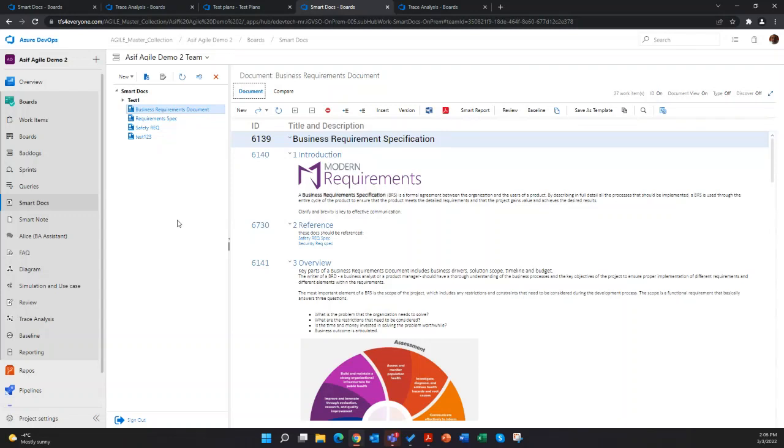Interesting question. Do you have any bug reporting system for Modern Requirements? I want to report a bug or user experience problem. And yes, we are going to be sending out a document describing how to access our online support portal.